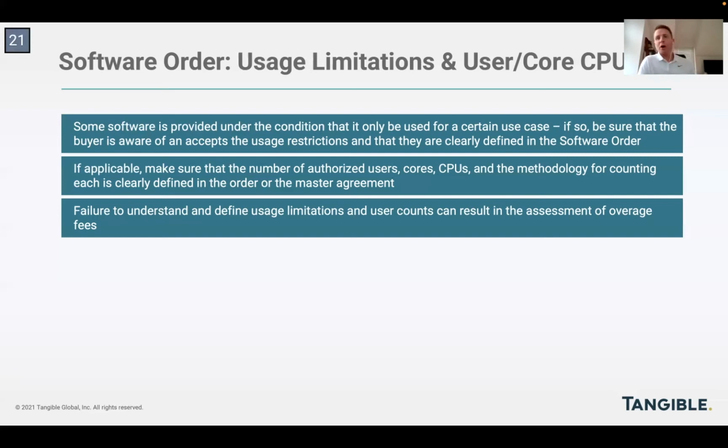So when you are reviewing a software order, it's important to focus on these two types of limitations and make sure that they are acceptable and understood for your buying client. Make sure that the use of the software that the buyer intends is going to be within the scope of the allowable use, and make sure that they're buying enough seats for all the authorized users they need, and that everyone they want to be counted as an authorized user is allowed to be counted as one.